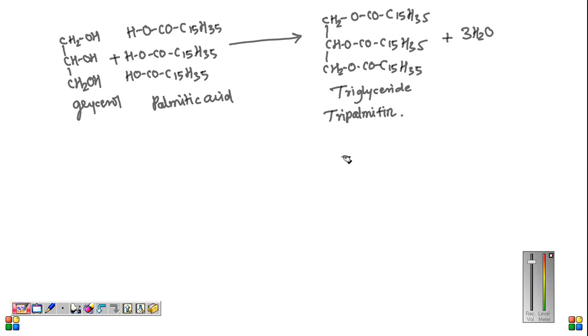Oils and fats are the triesters of glycerol with long chain fatty acids. Then what is the difference between oils and fats? Oils are liquids at room temperature, whereas fats are solids at